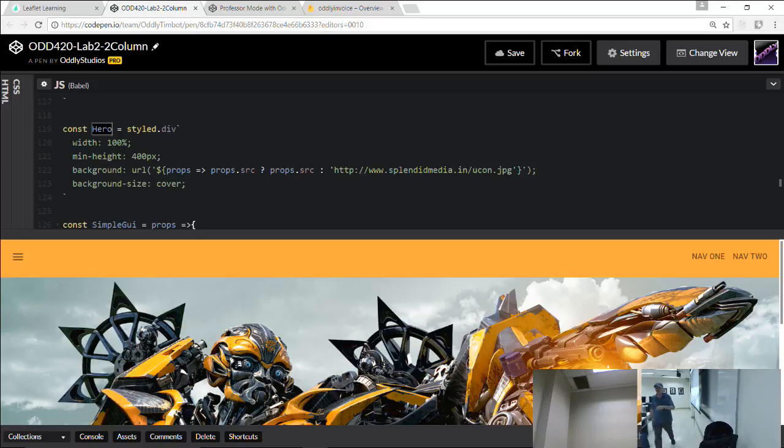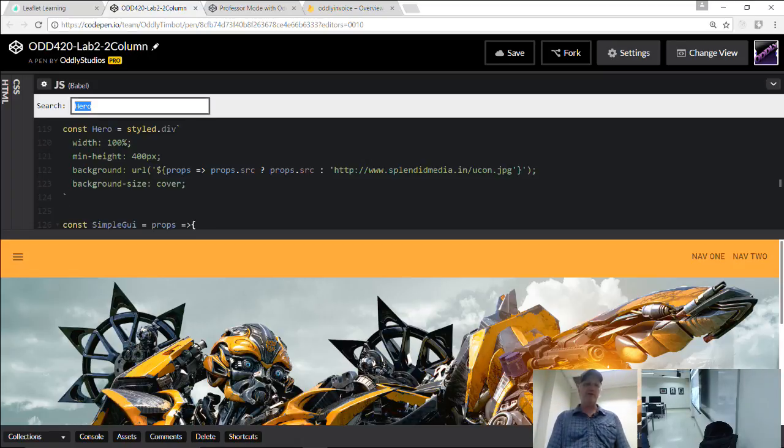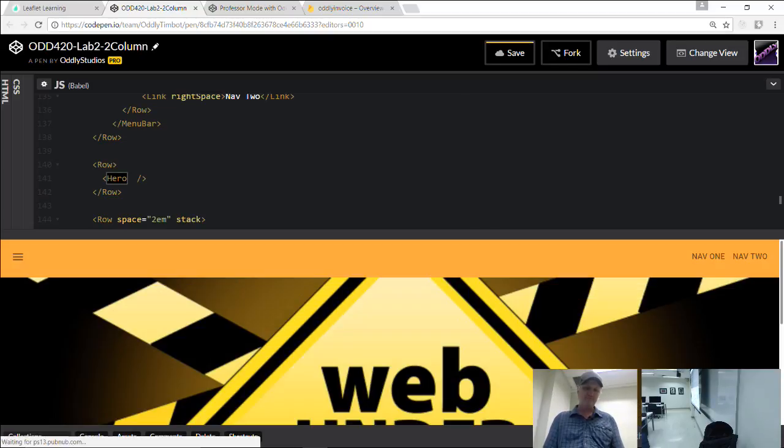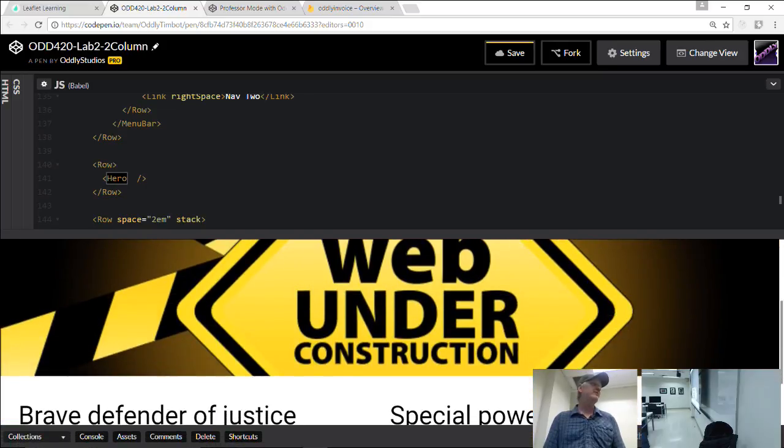So if I go down to where I'm using the hero, and I take this source prop out of here, there we go. It defaults to my under construction, right?